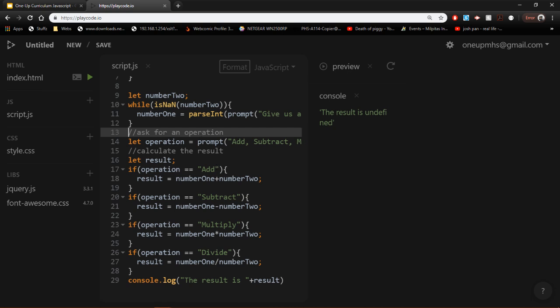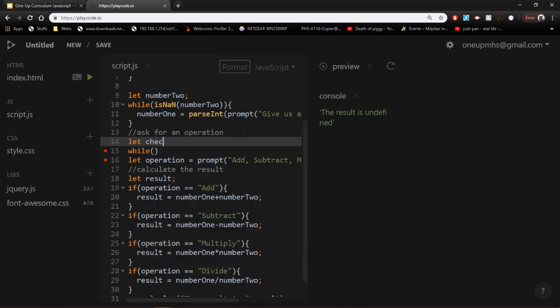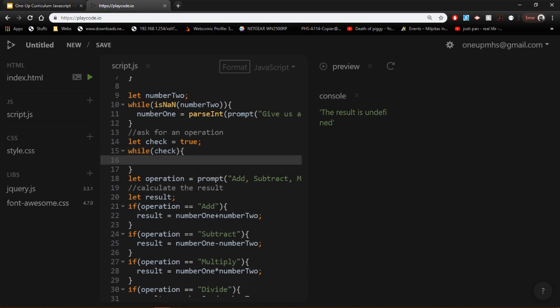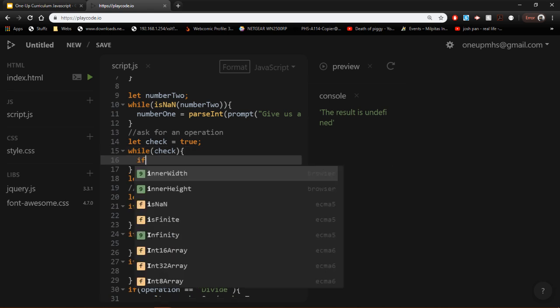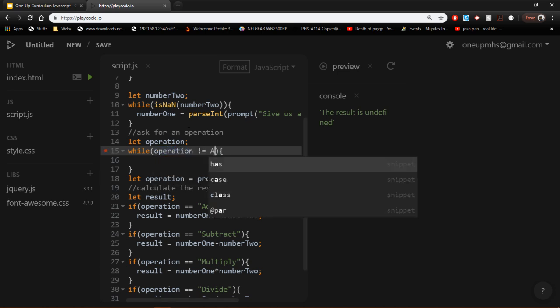Okay. So we got rid of those. So now we ask for something else, right? And I want another while loop. So I'm gonna create a check. So let check equal false, or equal true. Not true. True. Okay. So while check, right? I'm going to keep asking until it gives us a valid operation. So instead of check, I'm just gonna write operation. So while operation not equals add